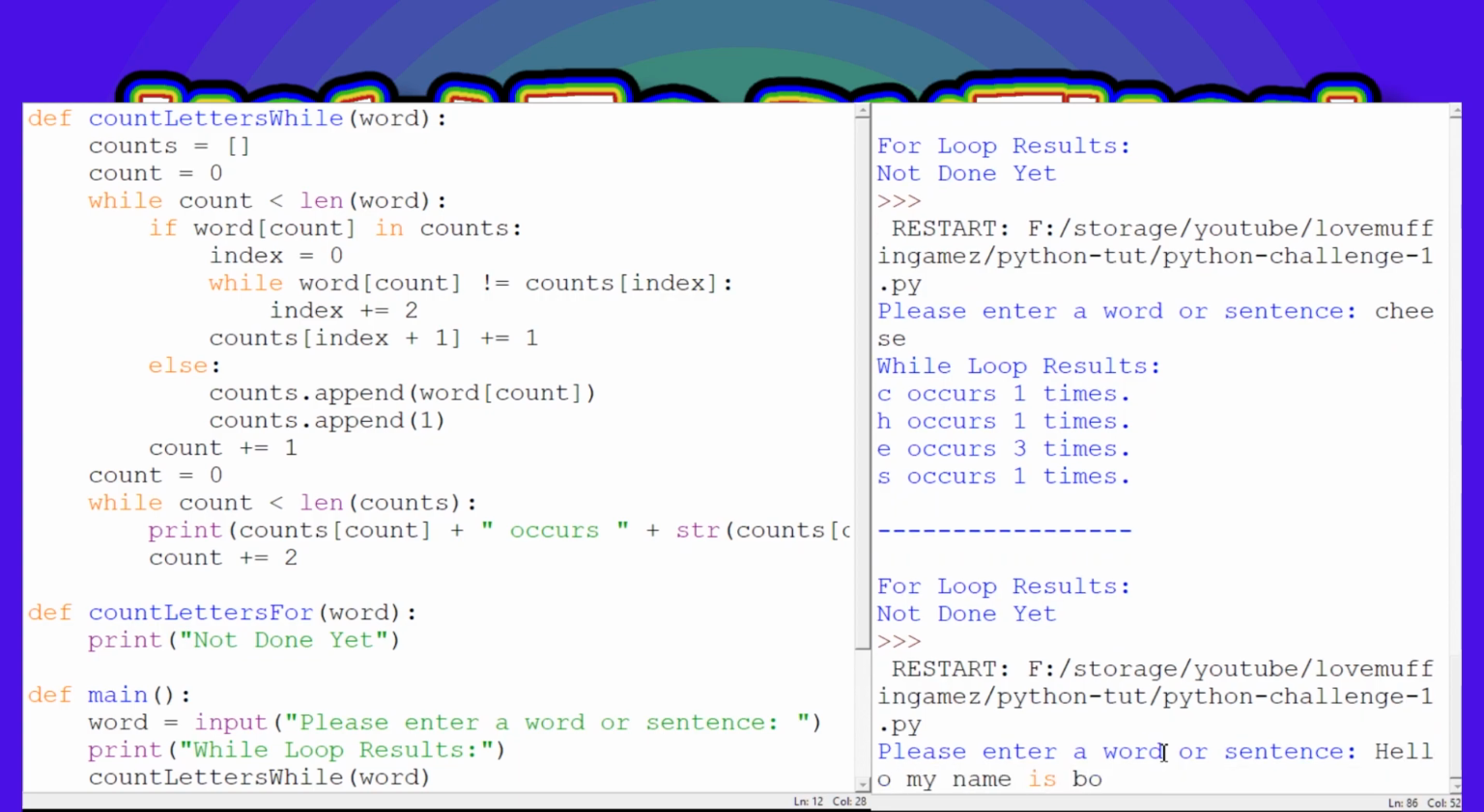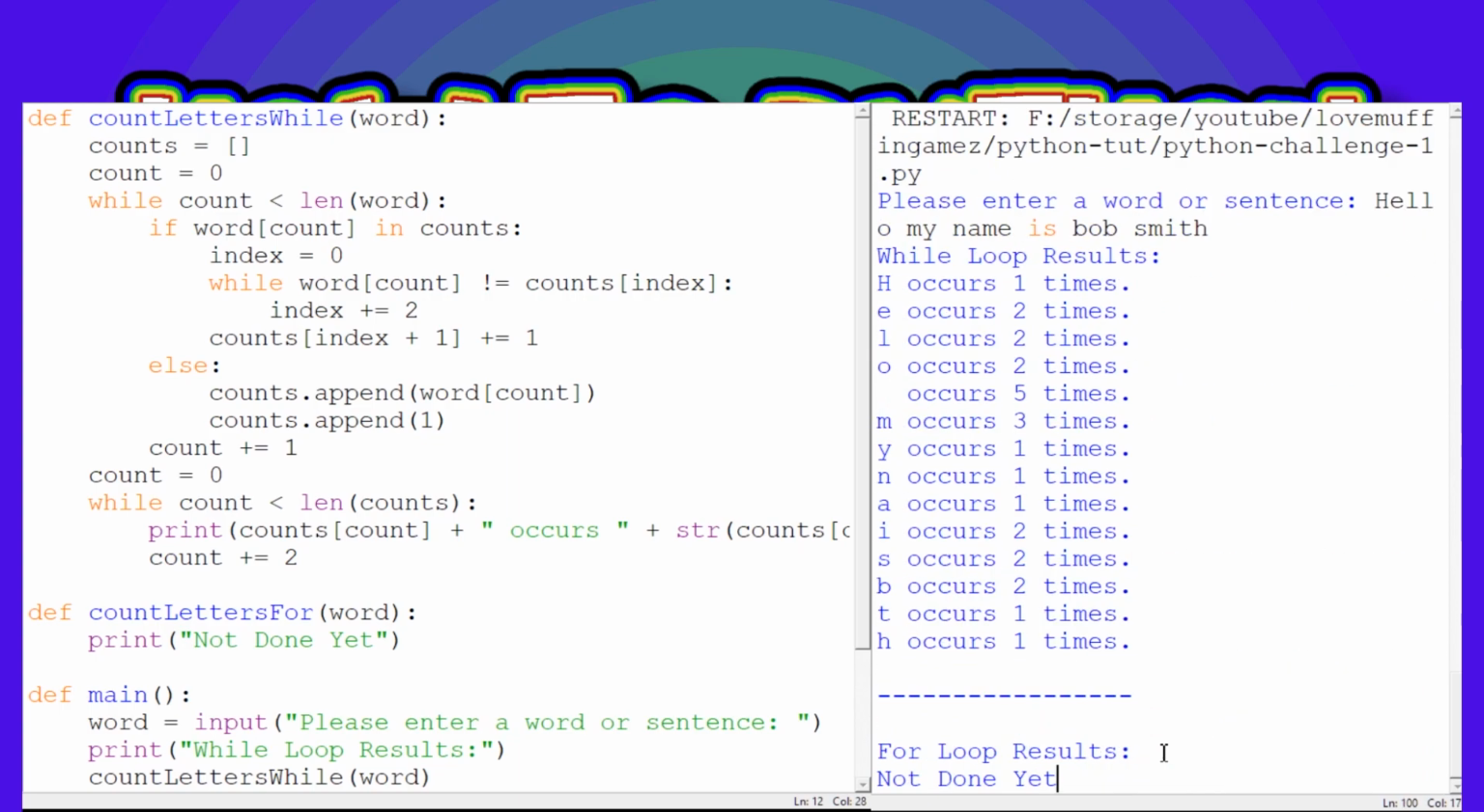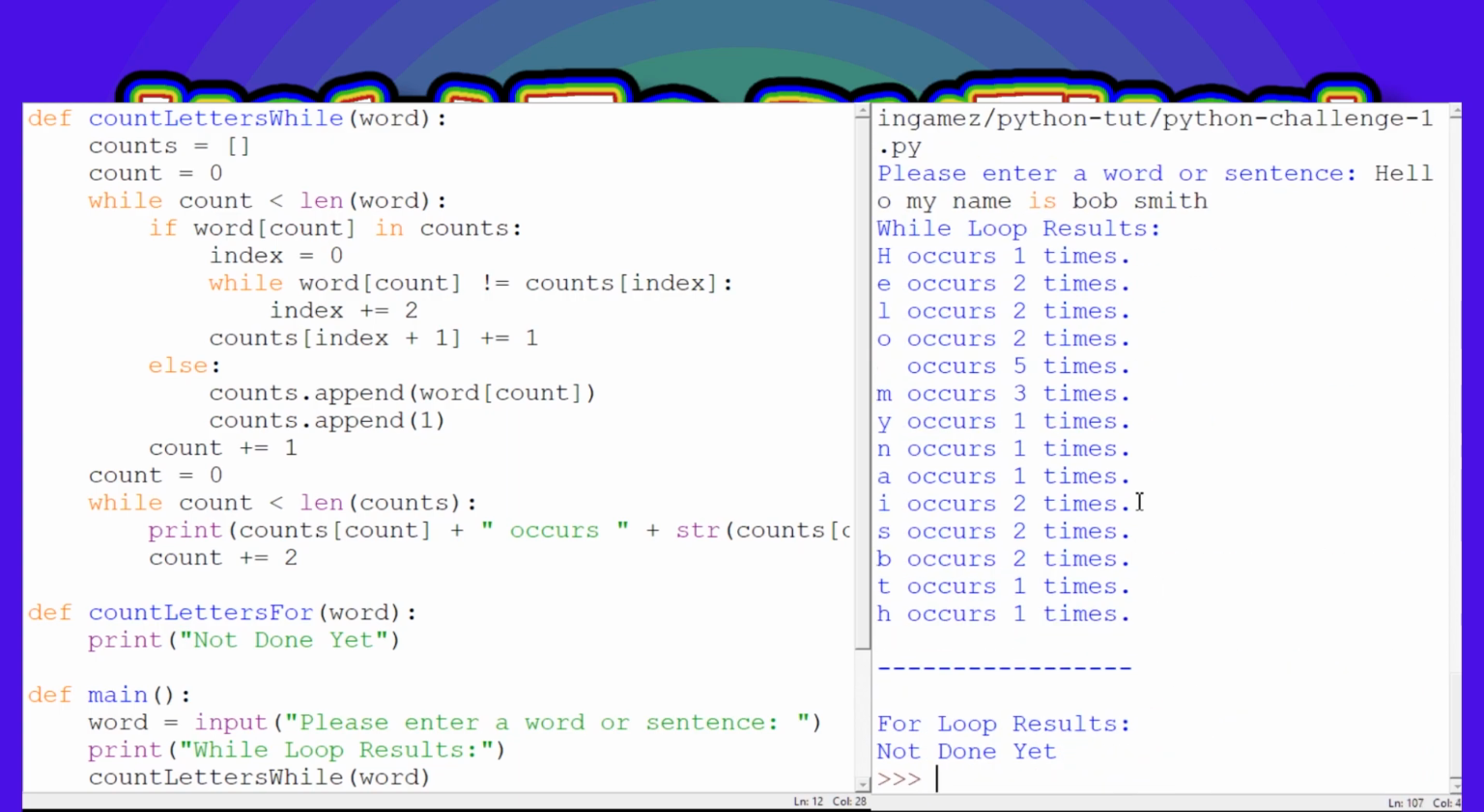I should also make sure this works for hello, my name is Bob Smith. 5 spaces. Two B's, 2 S's, yeah, that's right. Is there 2 S's? Yeah, there are 2 S's. Okay, so that will just go through every letter in the word. And then if the word count, which is the letter, so if the letter is already in the list of letters that we want,